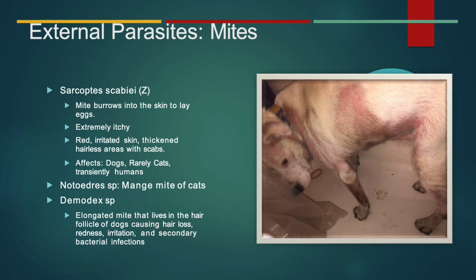Okay, so these are the mites, and these are the ones you can't usually see with the naked eye. You need a microscope. So Sarcoptes, that is the quote-unquote mange mite. This is zoonotic, and I'll say it's zoonotic, it's a little hard to get it directly from the dog or the cat, but the fact that you share an environment and they picked it up from the environment means that you could